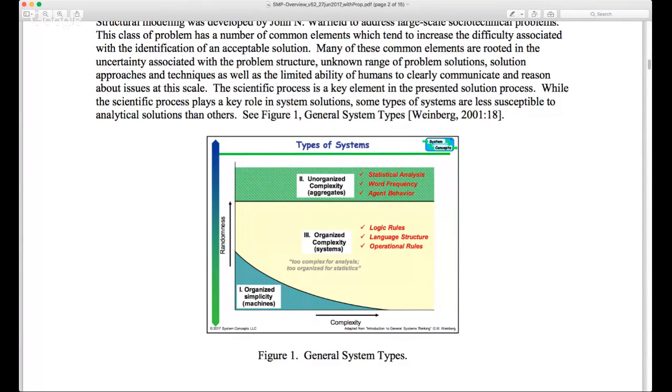And there are also many powerful tools in the first area down here with organized simplicity. So it appears to me that structural modeling is the first step in addressing an unknown or undefined system,